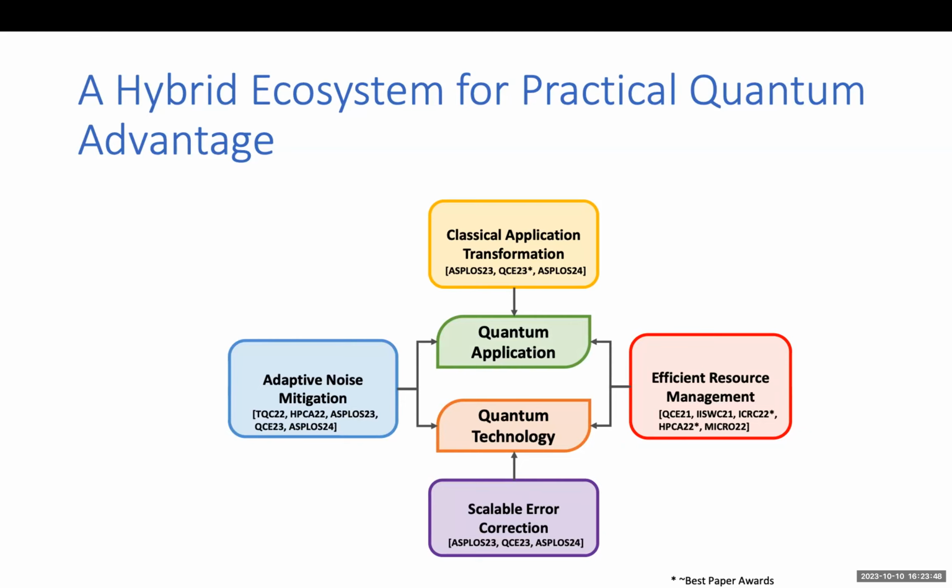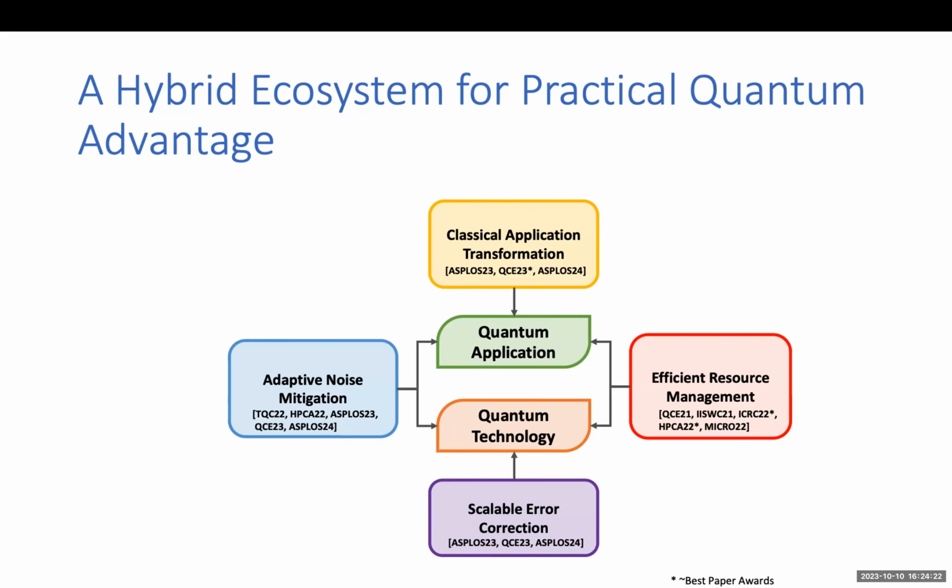And then there's efficient resource management, which is a broad theme. Some of the themes involved are resource management in the cloud, for example. Because we have some quantum resources and there's a lot of demand, we need to build schemes which better make use of the best device or the best application and so on. In fact, this is a path of least resistance for students who get involved in quantum, because it involves some quantum, but a lot of the research is in classical computing itself. So a lot of opportunity in this space.